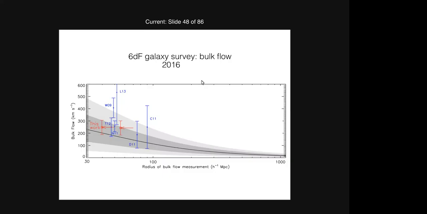And you see, this is relatively local. It's about 100 megaparsec up to Shapley, basically Shapley is here. And this is basically 6dF. So you see, there's a huge discrepancy between different people. And now very recently, this is 2016, about a few weeks ago, there was this new data that came out from Brent Tully, Cosmic Flows 4, and they are here. So you see, there's a lot of things.